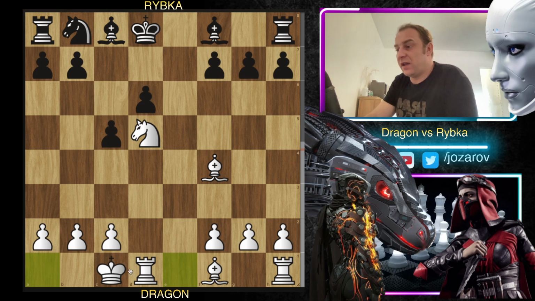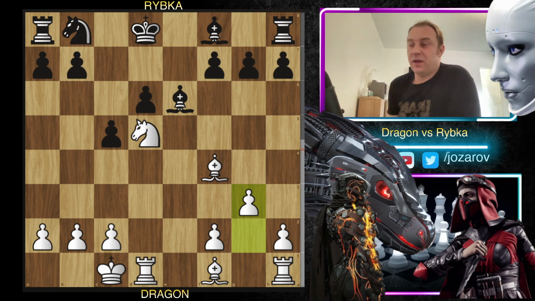here, I think, getting use of the d file. And the best way here for black to proceed is simply to play the move bishop to e6. And my recommendation now is to go with a very aggressive line, g3. This wasn't played in the game, but I wanted to show you some lines, some ideas that can happen for